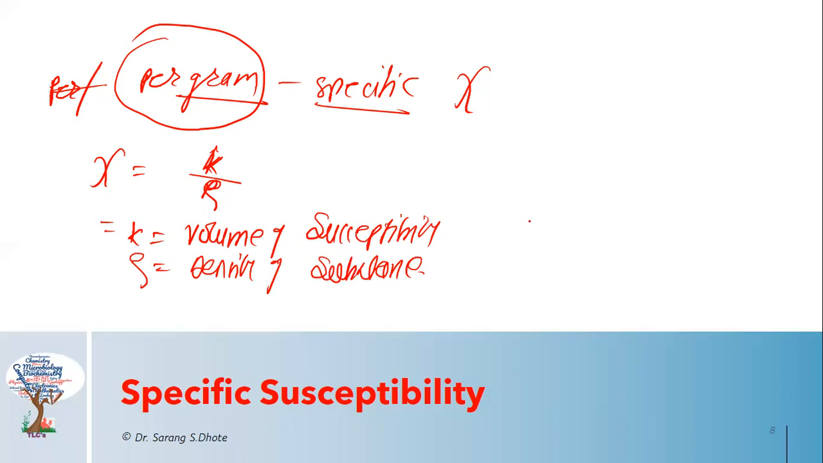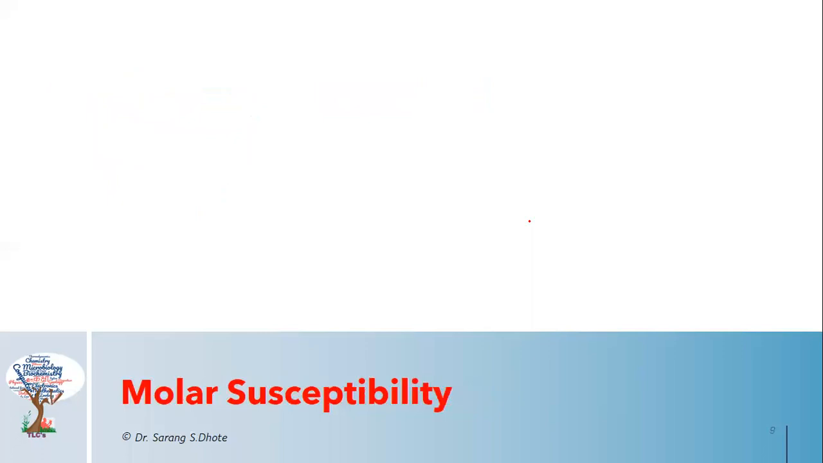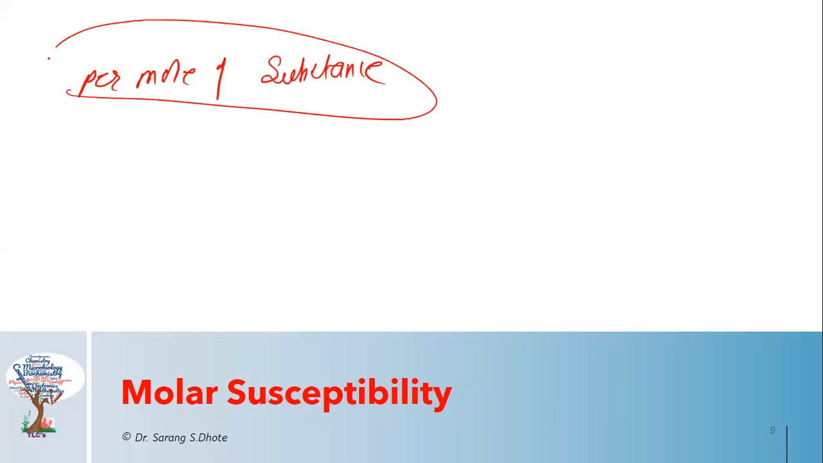So this is the specific susceptibility. Next one is, what is the meaning of molar susceptibility? Molar means susceptibility per mole of substance. We will discuss per mole of substance, which is known as the molar susceptibility,